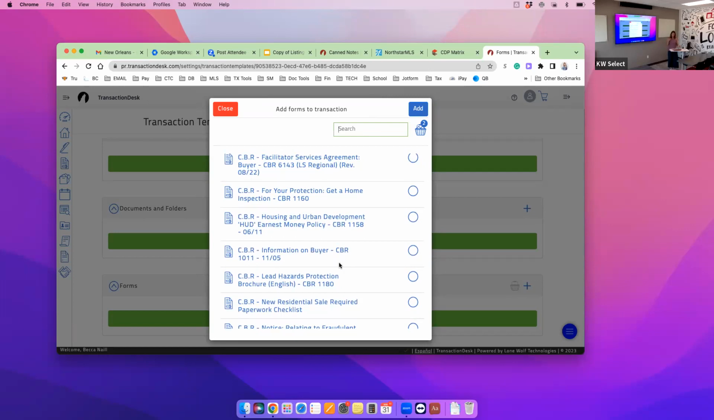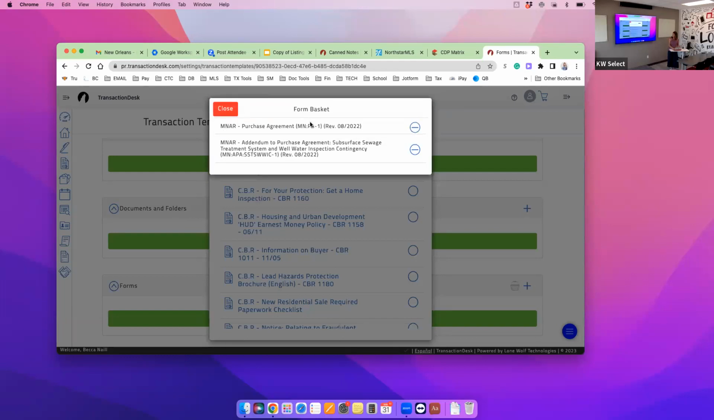So if this is your before 1978 property, you have your LBP in there. If it's not, then you don't have it in there. If it's the HOA, you've got your HOA CIC in there. You get where I'm going with that. So you put all the ones that you want, and when they're all there, you can see which ones are there. If you click on the basket, it will then show you only the documents that you selected that are in your